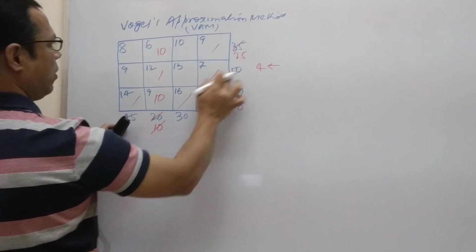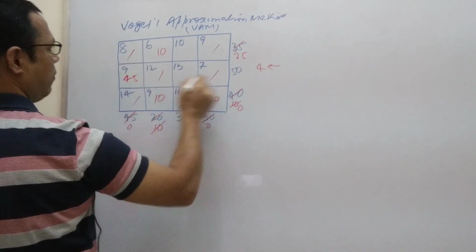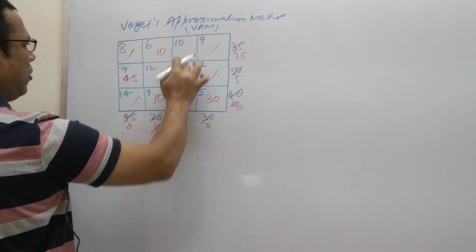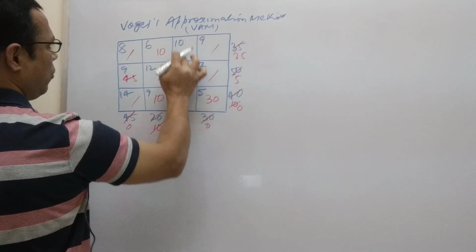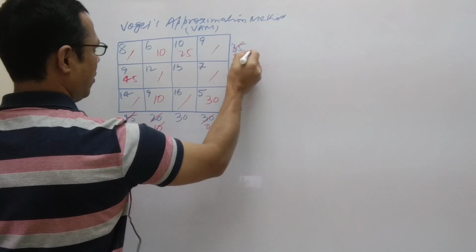So compare this 45 with 50. 45 is going to enter. Now it is 0. Now I have finished. This is 5. These steps have finished. Rest, these 2 are left. Out of these 2, 10 is the least value. So this 20 will enter here. So this has already finished.